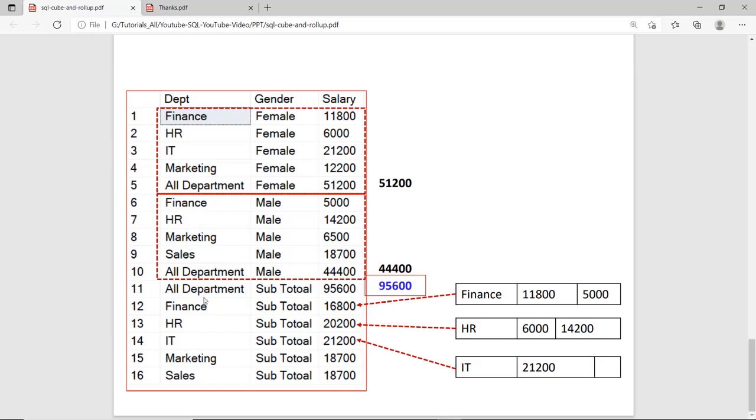And finally, for all departments, we have the total of these 2 figures. Then the individual calculations. For finance, this is 1680. For finance we have 11800, then 5000, 2 figures. So this is the total of this one. Then HR, IT, and marketing.